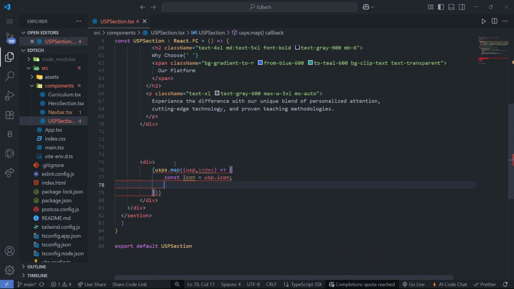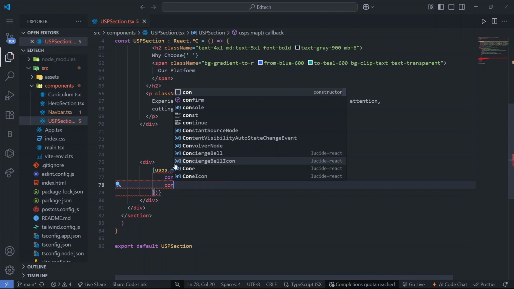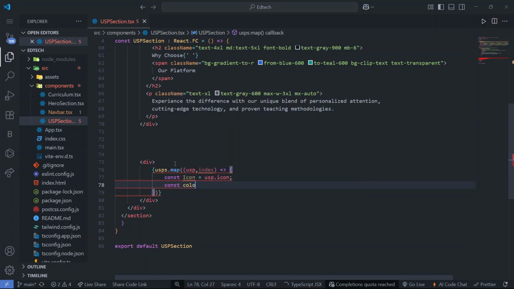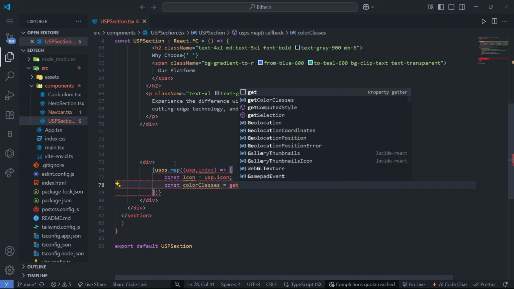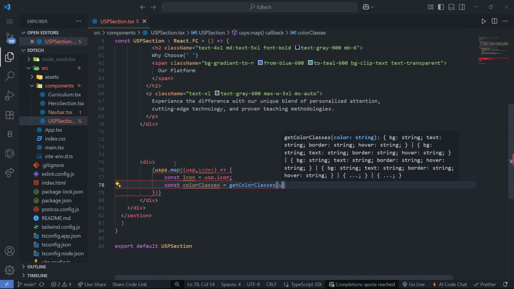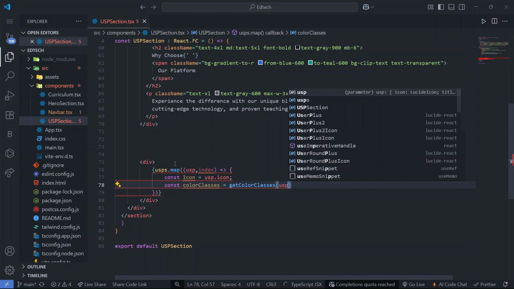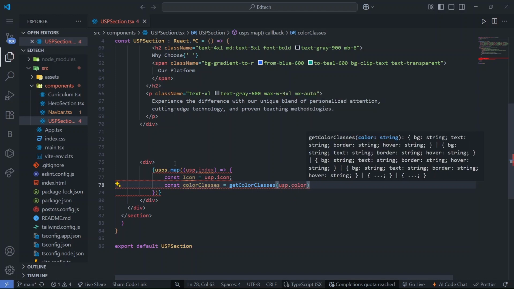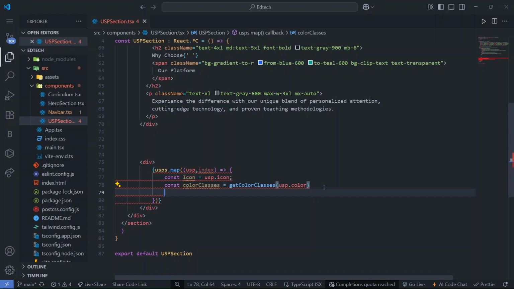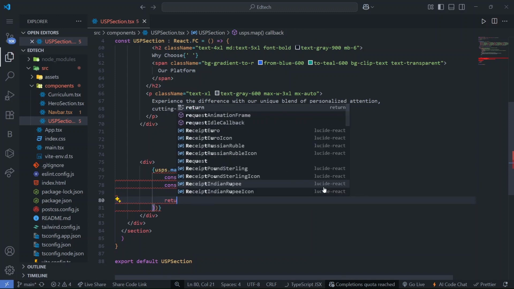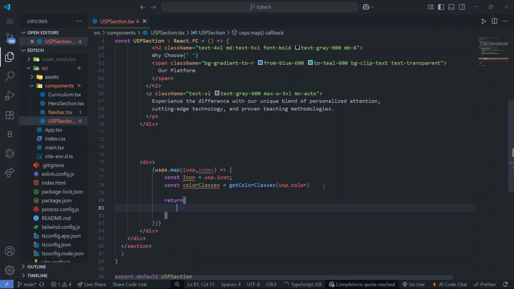Then after that, const colorClasses. We have to take the color classes also. colorClasses equals, here we can write the getColorClasses function, and we have to pass color as a parameter. The USP, in the USP object we have a color, right? So these are passed as an argument here, and then we are returning a card, right? And in this card what we are going to show, we are creating a div, and in this div we have a